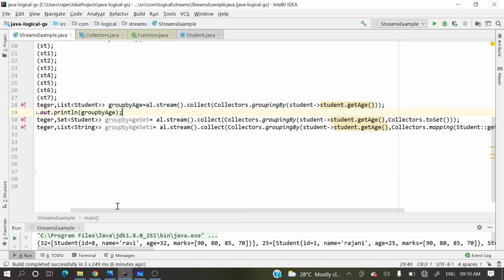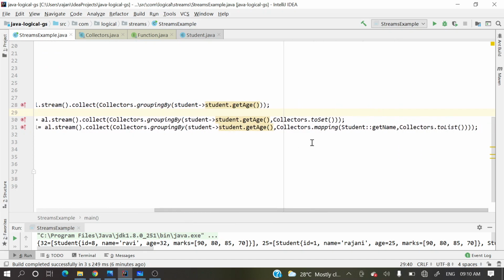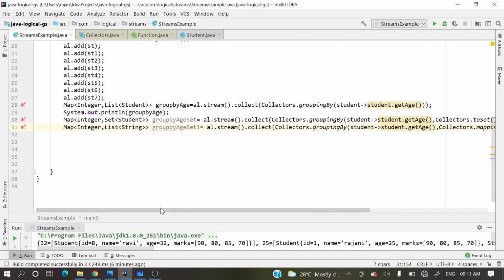Okay, here we go. So what exactly have we done, hope you got it. I am providing another reduction operation. I am taking those student names and putting them into one list, right? So like this, a lot of reduction operations you can perform.